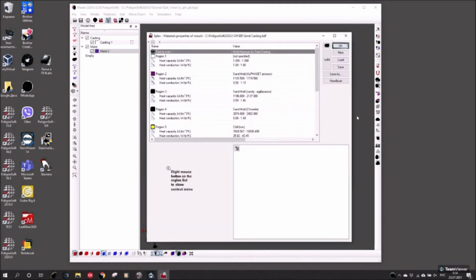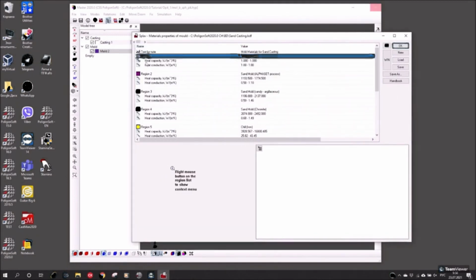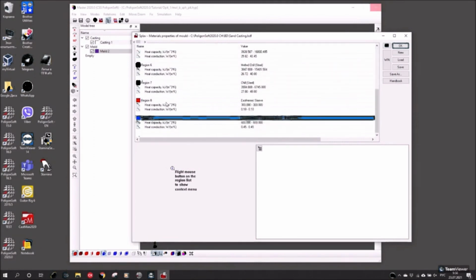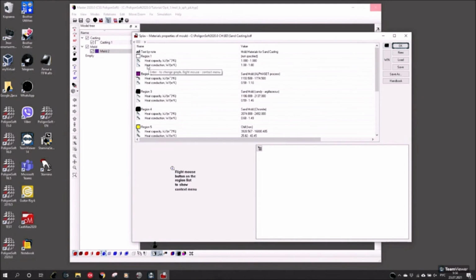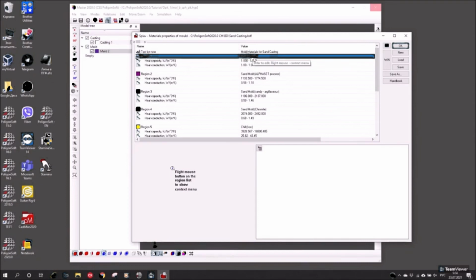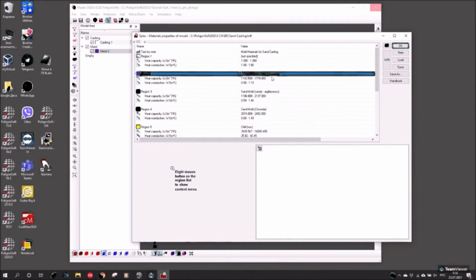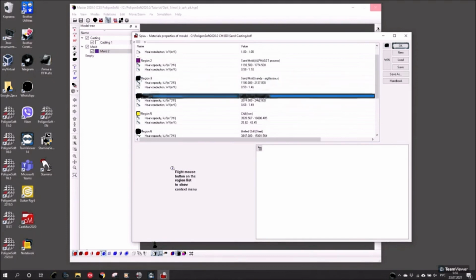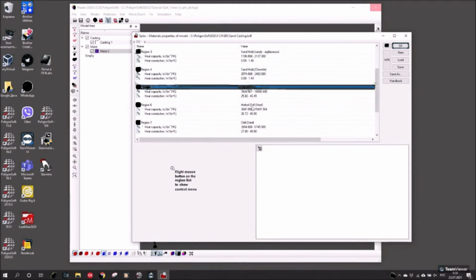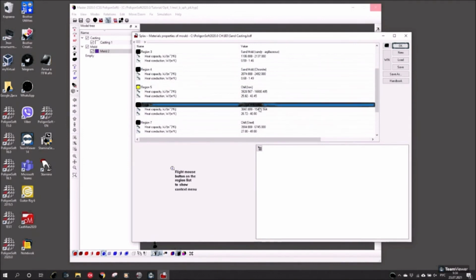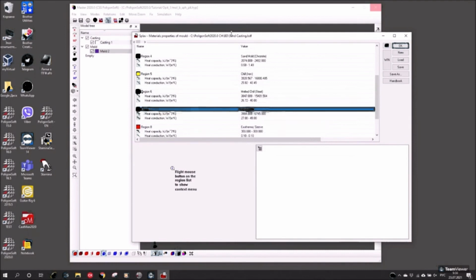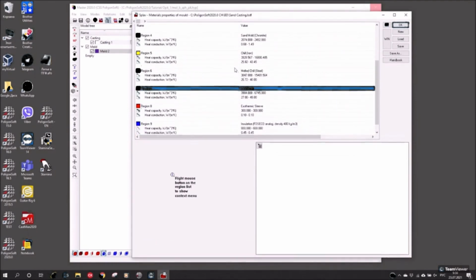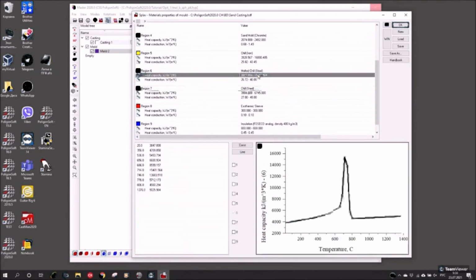I will press the edit button, and here is some editor. We see here 9 regions and 9 materials, and every region is some material. Here we see the name of the material, and region 1 is not specified. There's no material here. For example, region 2, sand mold alpha set process. Region 3, sand mold, simple sand mold. Here's a chromite sand, chill iron, some special melted chills, steel chill, and so on. And here we can see properties for every material we use: heat capacity